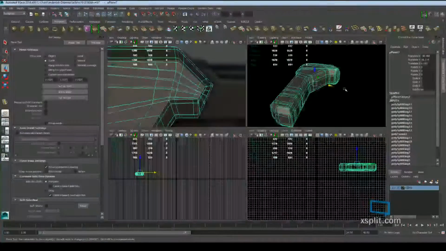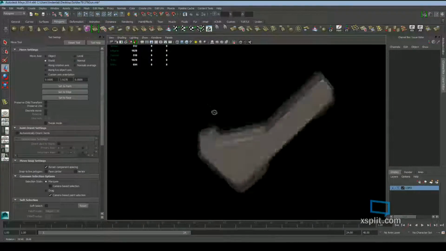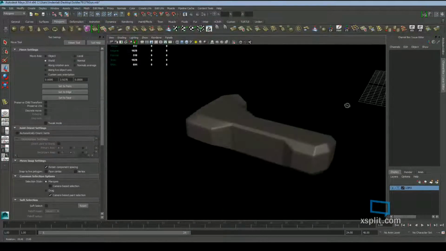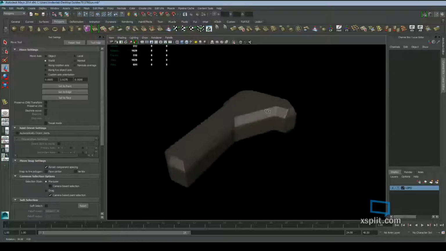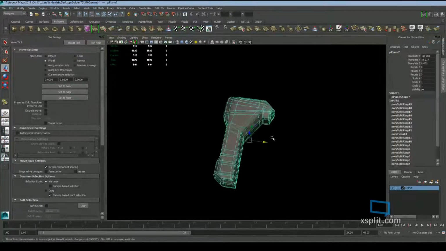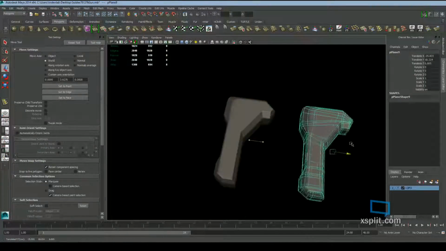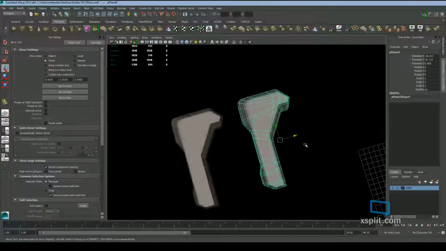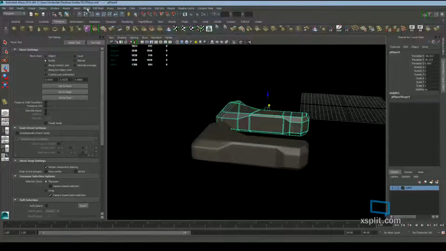So now we have this object, and this is in its high polygon state. If you were to smooth it now, this is what it essentially would smooth out to, rather than that monstrous blob that we had before. So let's go ahead